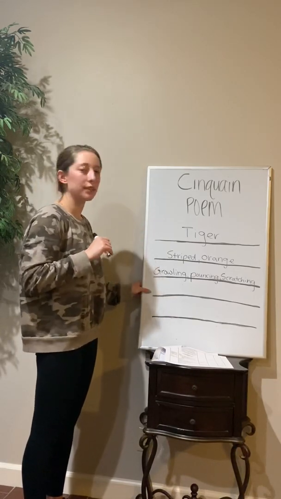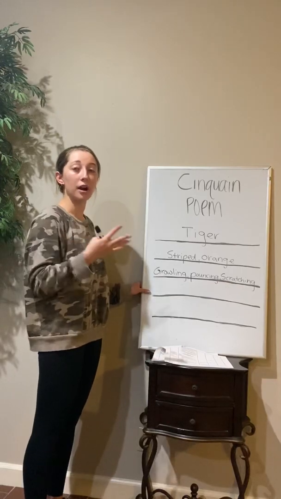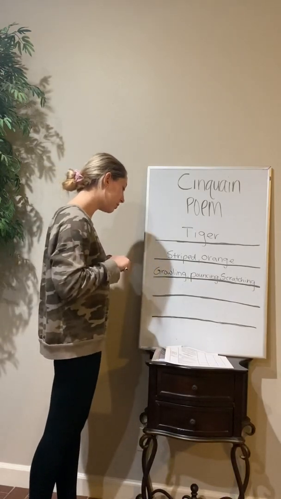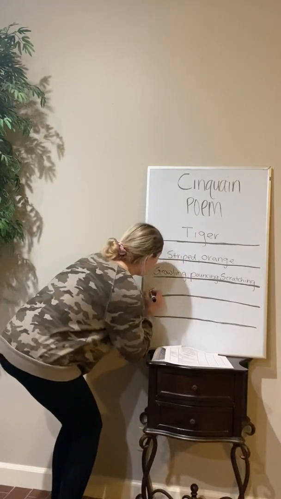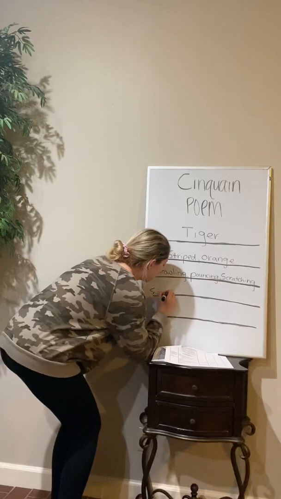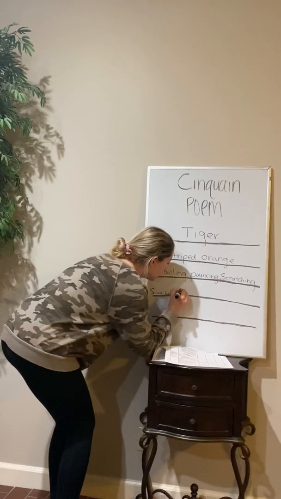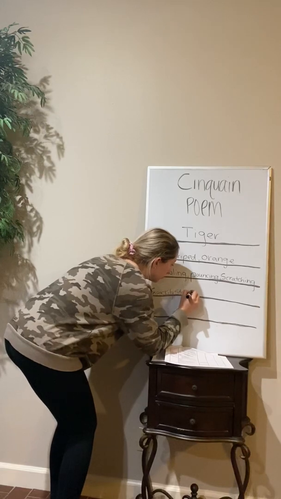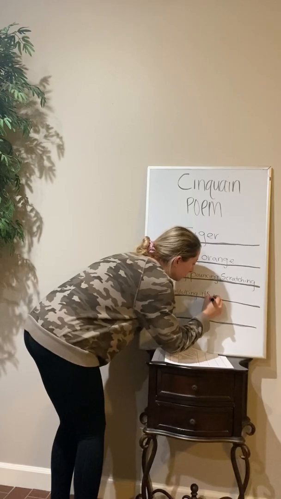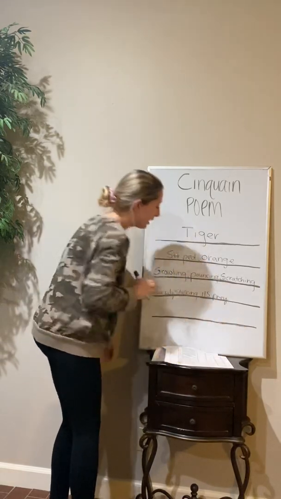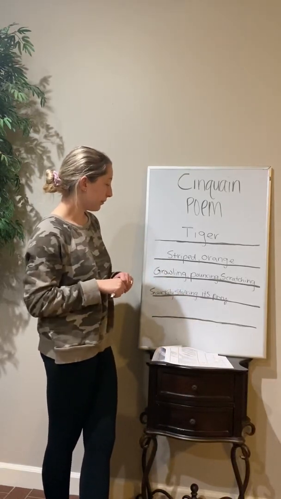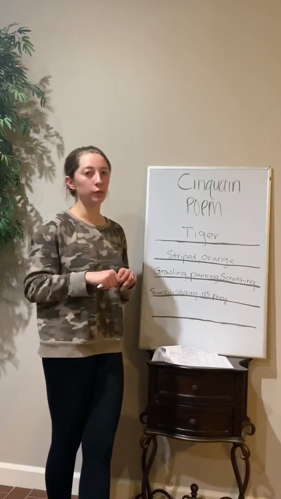Okay, so our fourth line, that's our line where we use a phrase that could describe this tiger, so something that it may do. And one that I chose was sneakily stalking its prey. So that is a phrase that you could use for a tiger. So if it sneakily stalks its prey. And in that line, you want to make sure you use 4 or more words.